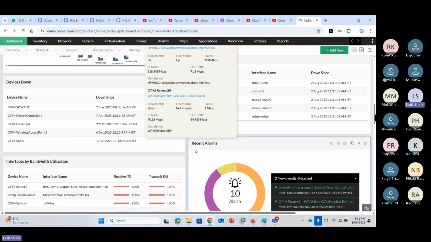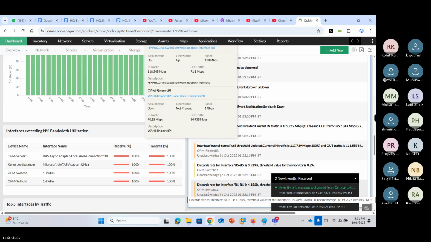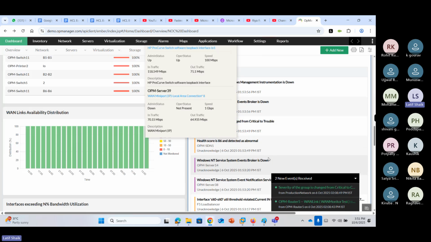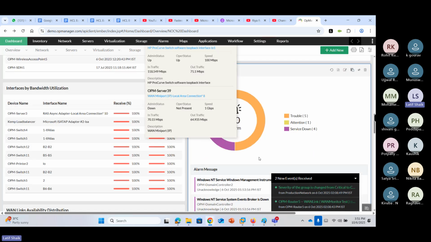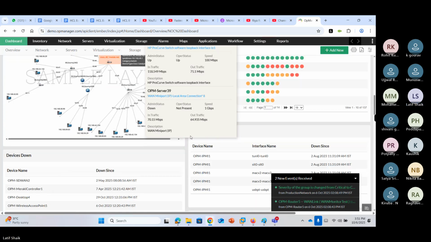So what are the devices right now not working? What are the ones having trouble? Attention required, service down devices. These are all overall.